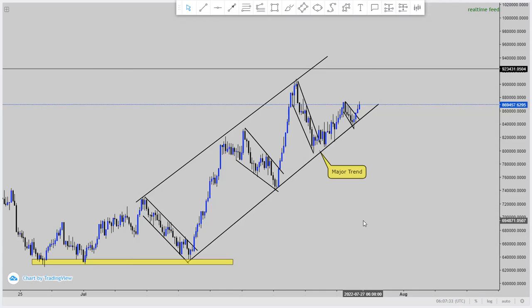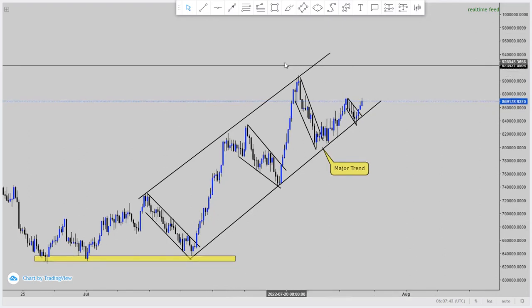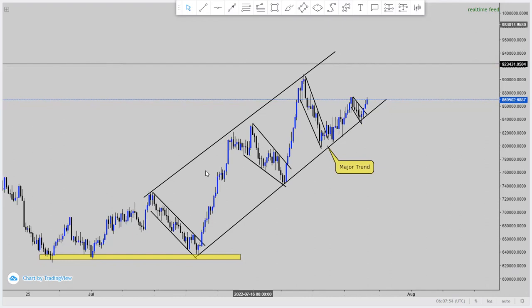What we do, there are two ways to always go about it. For example, once you have done a major long-term analysis, the major target that I was looking at is this key level here. We still have to go there, right? According to this analysis, it was a triple bottom on the daily, and we expected price to come all the way to this area here. So that is our first target there.